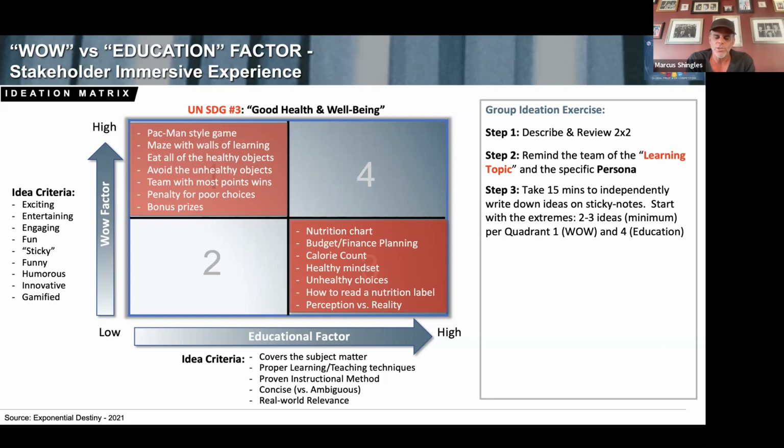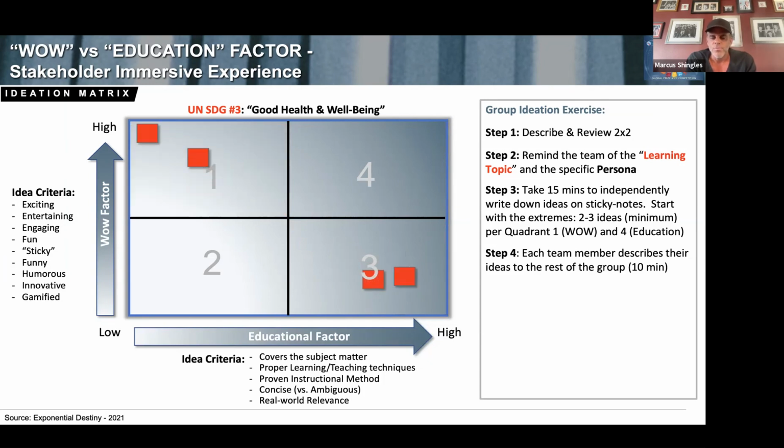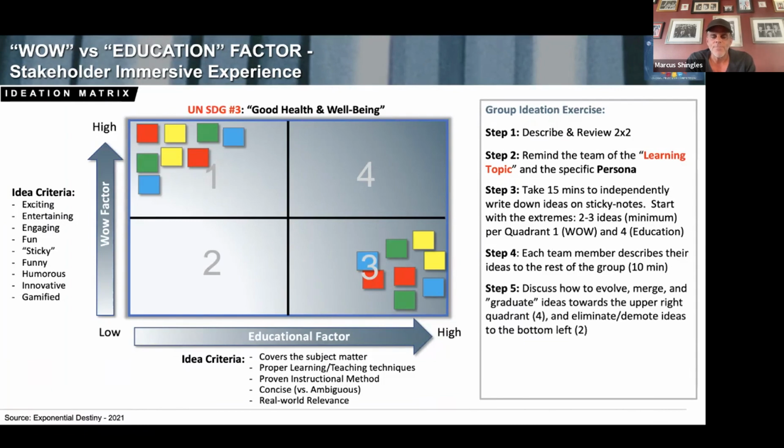So we want you to force yourself as team members to look at both extremes. And then each team member will describe to the other team members what you were thinking with your ideas on both extremes. So team member 1, team member 2, team member 3, you put your sticky notes up there, you describe it to one another. And then the final step is, as a group, you start to decide